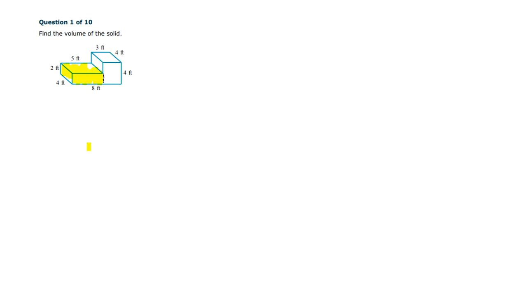Okay, so if we want to find the volume of this rectangle, we are going to first find the area of the shape that was extended, and then we are going to multiply that by the length that it was extended. So for this rectangle right here, we're going to do 2 times 4, which is 8, and then 8 times 5, which is 40 feet cubed. That's for the yellow one. Okay. Now let's go ahead and find the volume